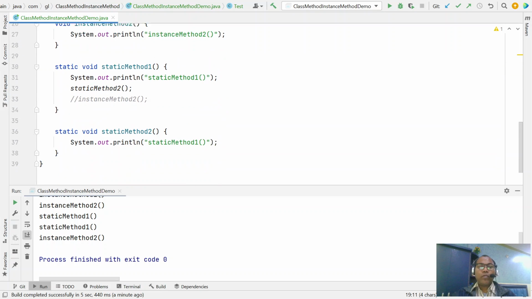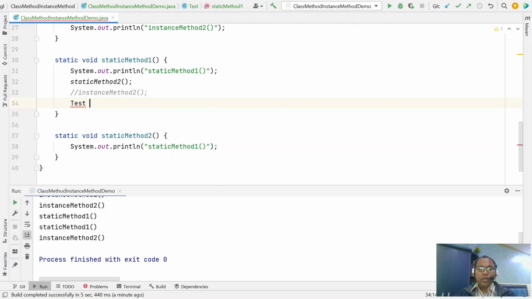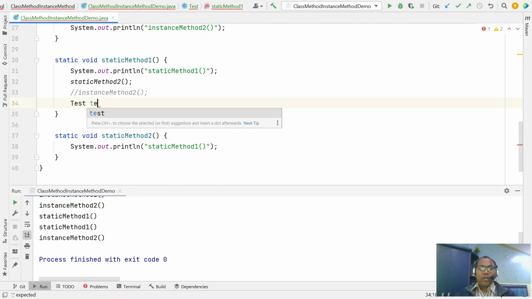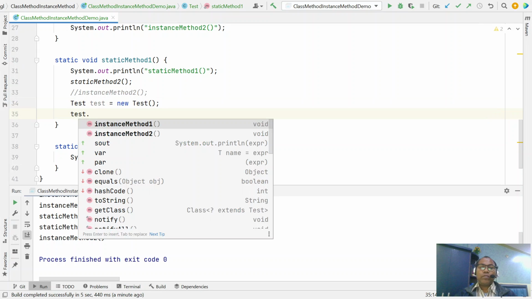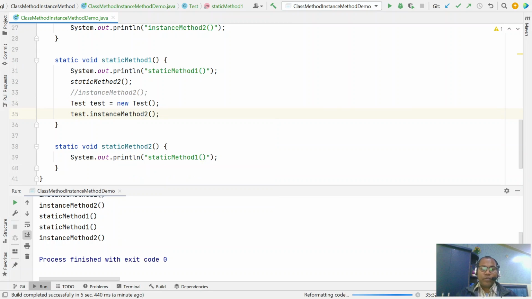You have to create the Test class object first, and from the object you can invoke any instance method. So, in a static method, any static method is directly invoked. If you want to invoke an instance method, you cannot invoke it directly; you need to create the object first and then invoke.